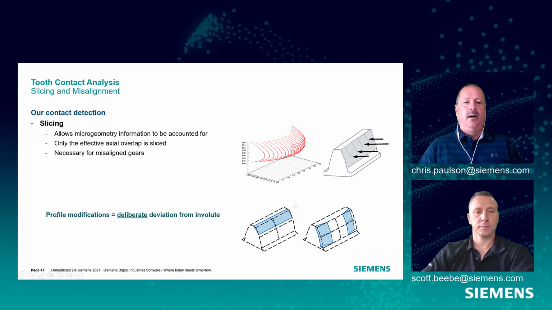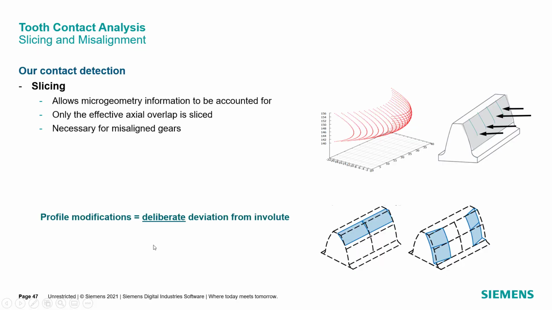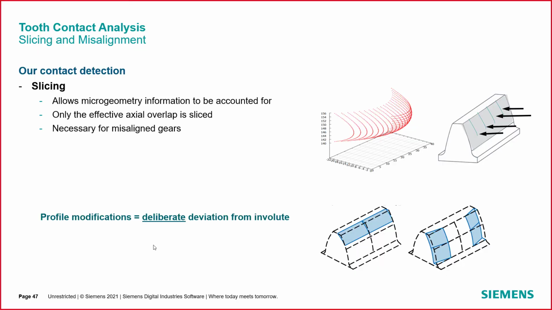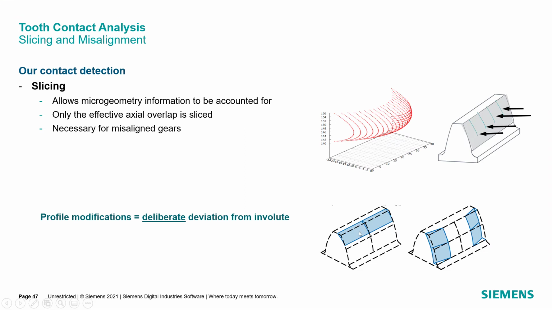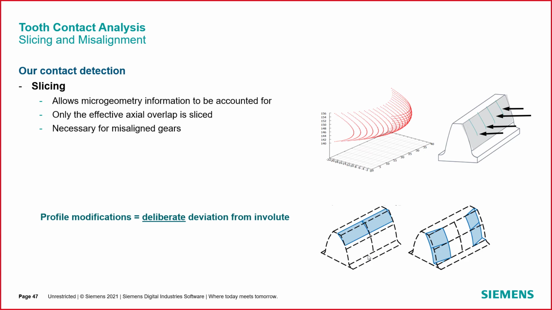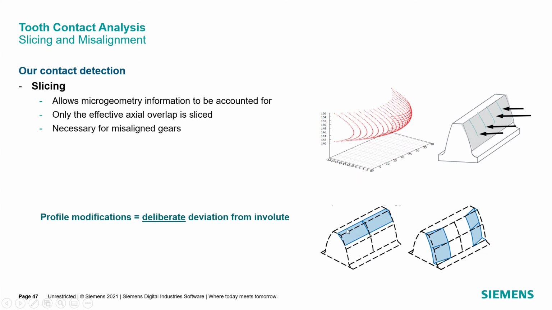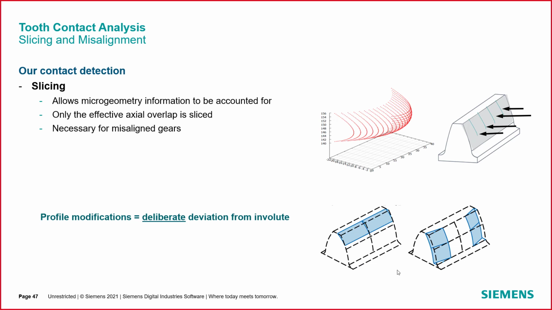And then profile modifications. One of the things that can help you reduce whine is to modify the profile. You take your idealized seven ISO parameters, or I think it's the same for AGMA, yeah, same number of parameters to describe that profile, and then you can add shaping changes at the root or the tip, or at both sides, and that will, depending on how you shape that and how your gear's loaded, you can reduce the whine.